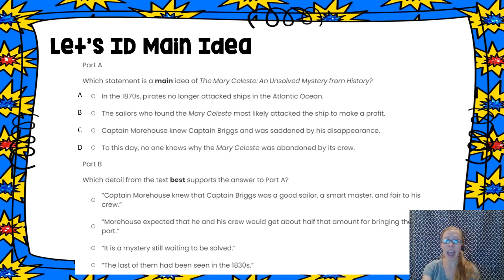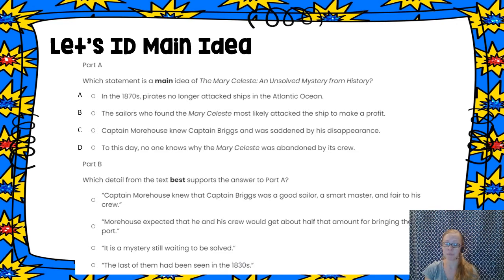Part B asks us to find a supporting detail that will back up the main idea that we chose from Part A. We have Captain Morehouse knew that Captain Briggs was a good sailor, a smart master, and fair to his crew. Morehouse expected that he and his crew would get about half that amount from bringing the Mary Celeste into port. It is a mystery still waiting to be solved, or the last of them had been seen in